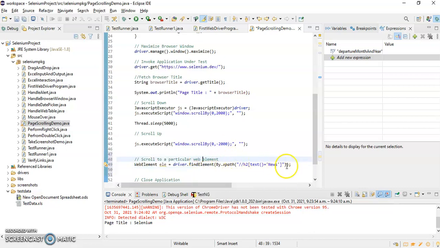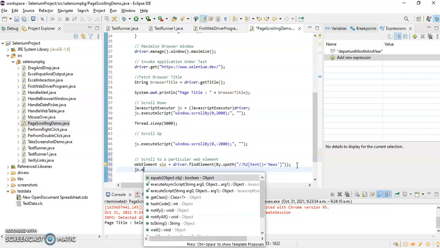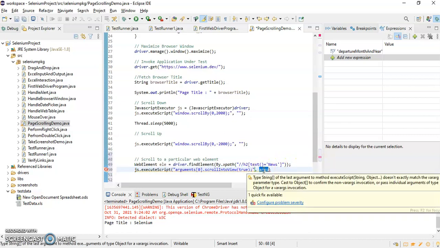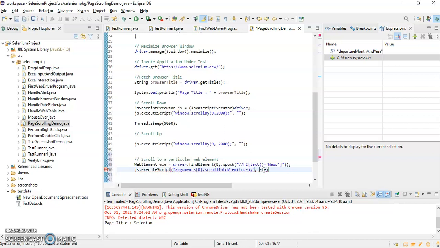Then js.executeScript, and here I have to write arguments[0].scrollIntoView(true), and in the second argument you can provide the reference variable of the WebElement.